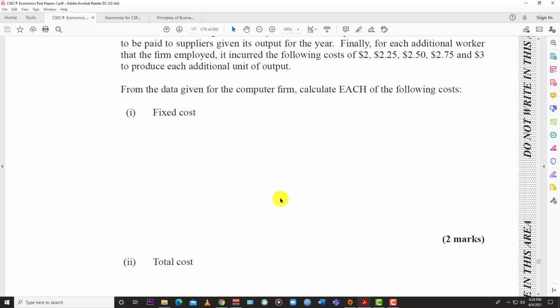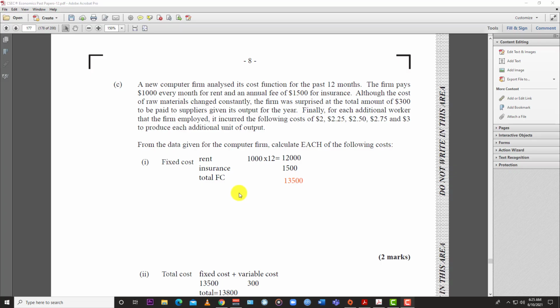All right, fair enough. Good. So what is fixed cost? Fixed cost is that cost associated with the assets that do not change with production. So it doesn't matter how much of a unit you produce, the cost does not change. Whether you produce 1 or 2 or 0, the cost does not change. And things like rent and insurance are considered fixed costs, because no matter how much you produce, you still have to pay your rent every month. No matter how much you produce, you have to pay your insurance still.